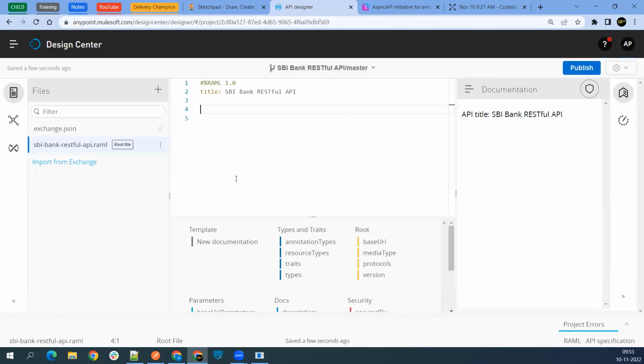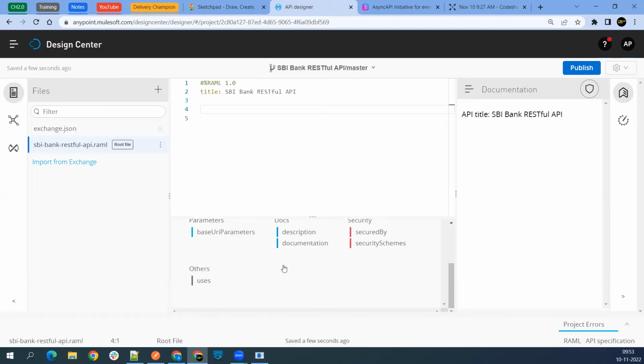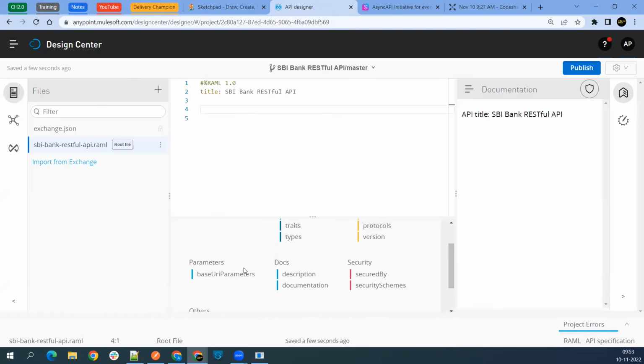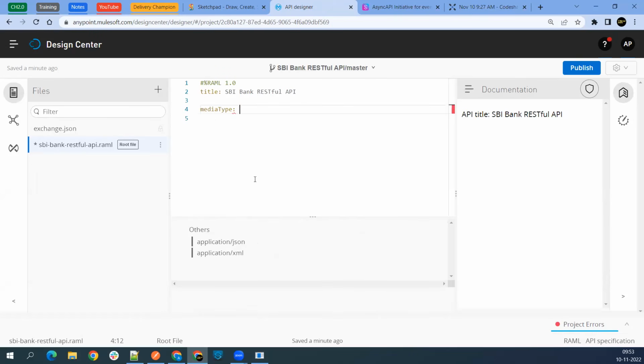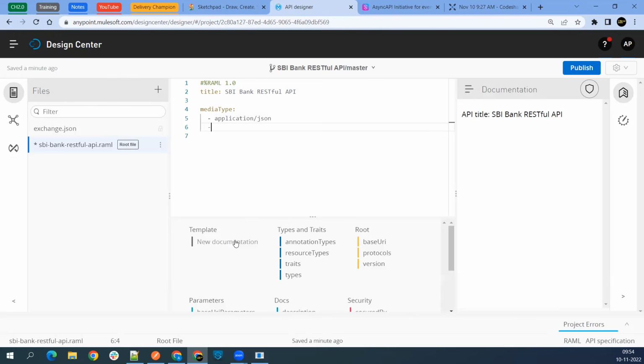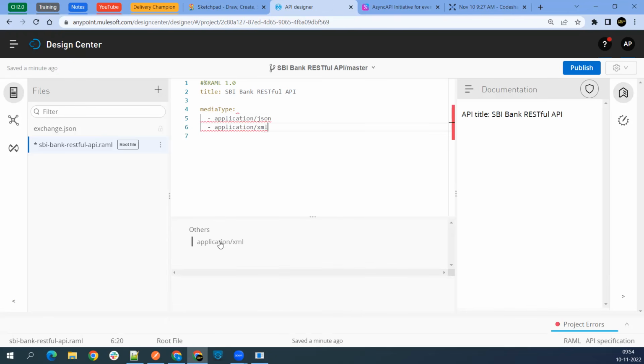Okay. Now if you look at here, right, see what it says. See here, look at the options. So that request data type and response data type is nothing but media type. Okay, now see here, if I go down, media type, I can have multiple media type. I can give in array format. So the syntax to give array format, so media type, I'll be supporting JSON as well as XML. So either you can give like this, enter hyphen XML, or this is the one way of doing it,